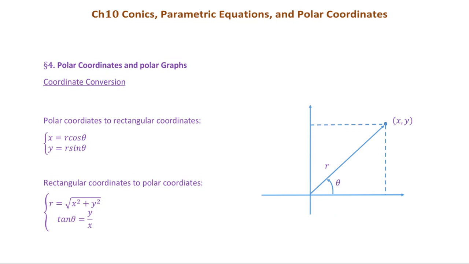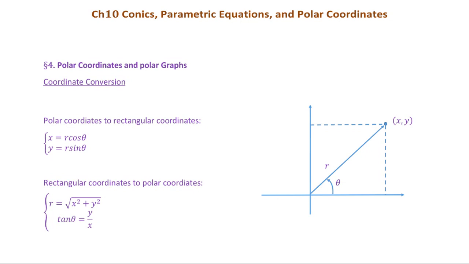And you look at the right triangle in here on the lower half plane in the first quadrant, then cosine theta is defined as x over r, right? If you still remember the trig functions, so that means x equal to r cosine theta, and the sine theta is defined as y over r, right? So y equal to r times sine theta. Okay,